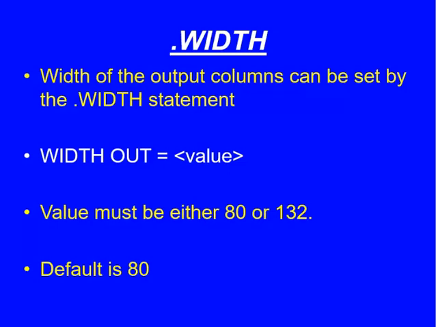The next output command is the .print command. In the .print command, if you want to set the output column width, we can use the .width command. We can set the width of the output column using the .width command. The value must be either 80 or 132. By default it is 80. We can set